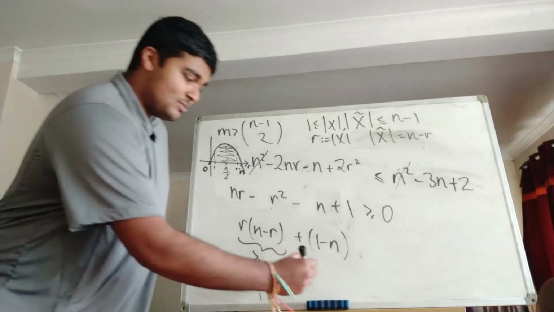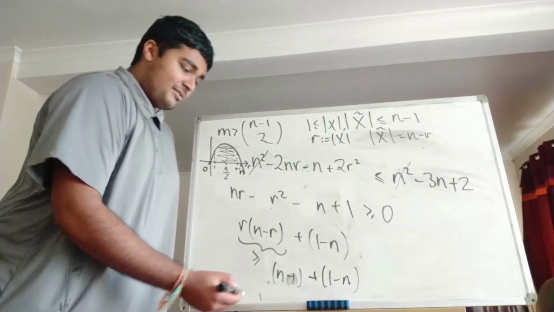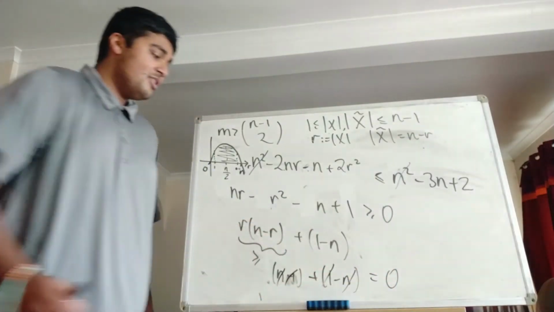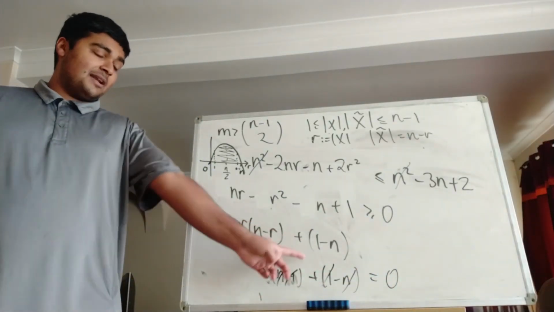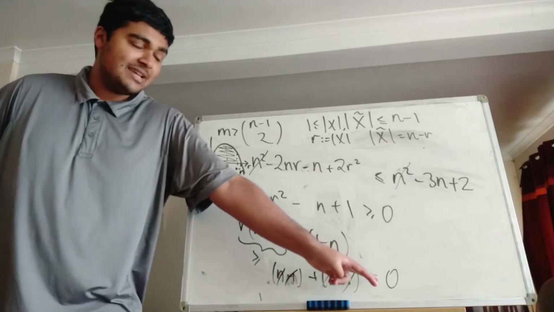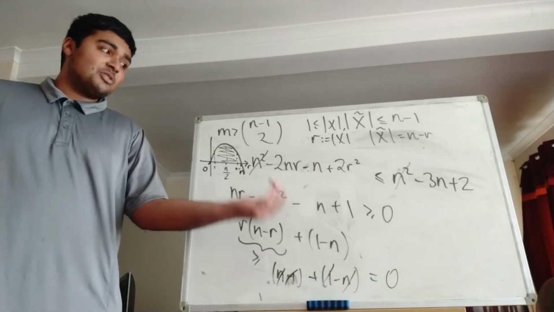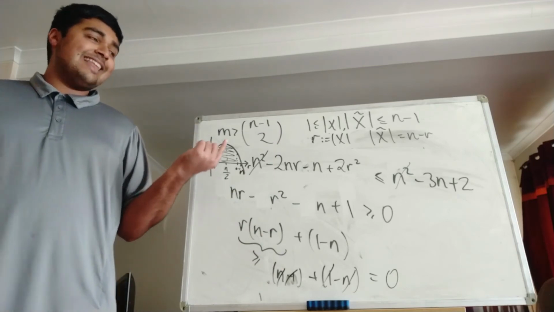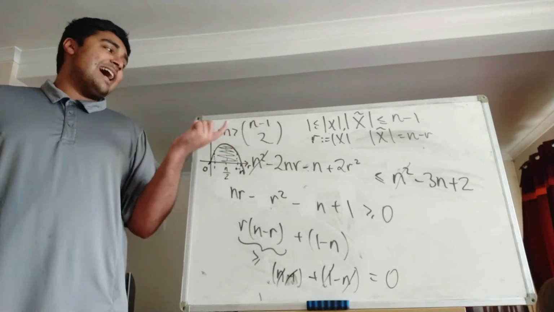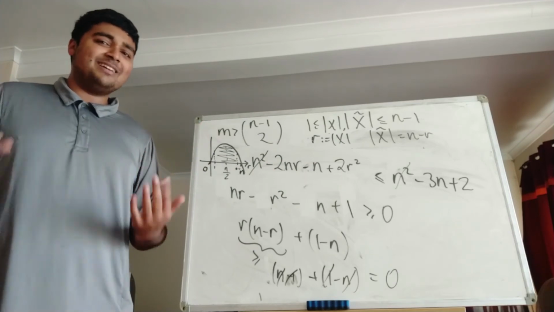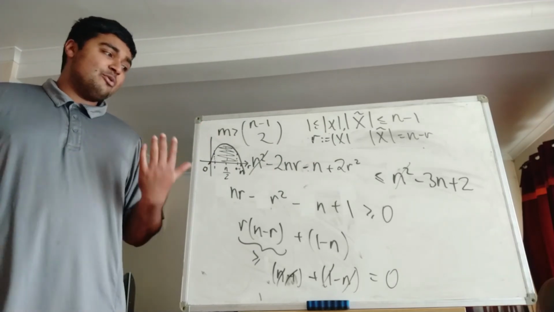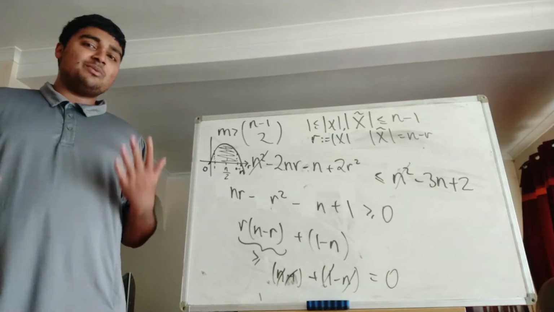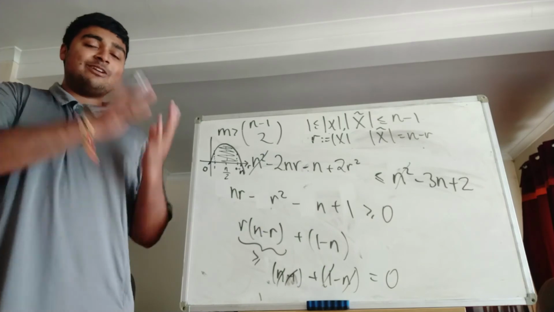And then of course we've still got this 1 minus n here, but of course minus 1 and 1 cancel, n and minus n cancel, and that of course is just 0. So we've shown that r times n minus r plus 1 minus n is bigger than or equal to 0, and that's exactly what we wanted to do. So if we go back up and reverse all those steps, we'll arrive at what we wanted to do and show that m is less than or equal to n minus 1 choose 2, but also simultaneously we must have m is bigger than n minus 1 choose 2, and of course satisfying both of those things at the same time is impossible. And thus we arrive at our contradiction,